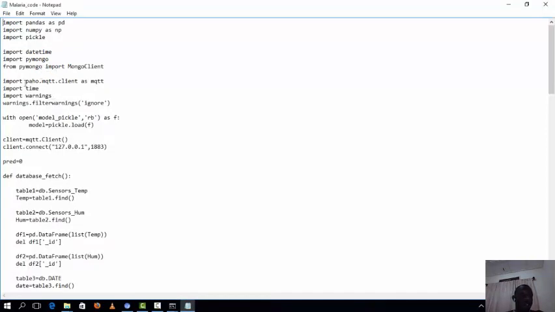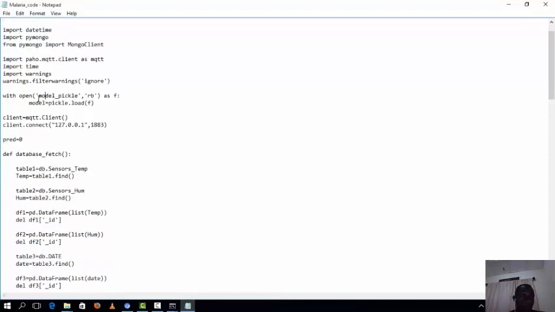I import the paho MQTT client as mqtt for dealing with the MQTT server. Then I import time for working with time. Then I import warnings to avoid the warnings. The next, now I load the model